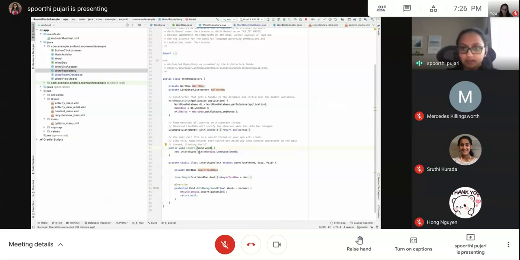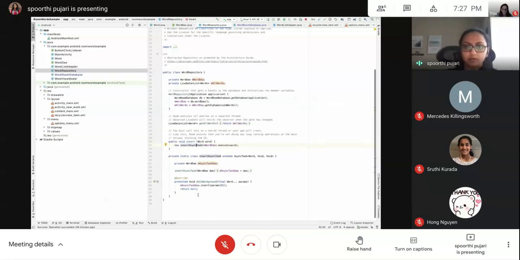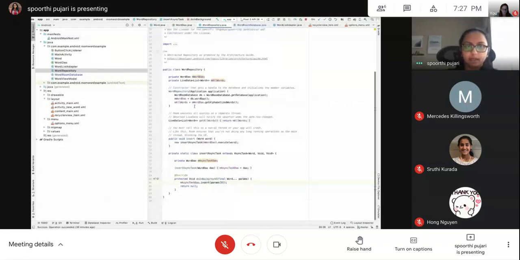So let's run this insert in a background thread. To run it in a background thread, we're going to use AsyncTask. Again, this is a concept that you have learned in your previous class. So in the background, we are going to use our DAO and insert the word that we received.